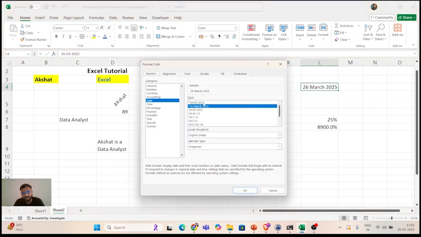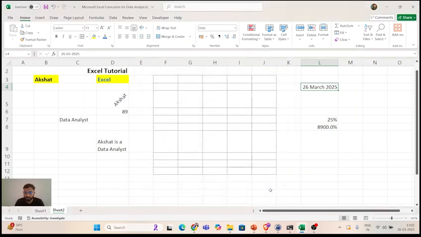Let's say you want to see it like 14/03/2012, 14 March 2012, or you want to see a dot in between, or you want to see year first, then month, and then date. So you can customize it according to your own requirement, right? Right now I'm not going to do that, but you should know this. Customization is always very helpful whenever you use any inbuilt functionality in Excel. I hope we are clear till here.